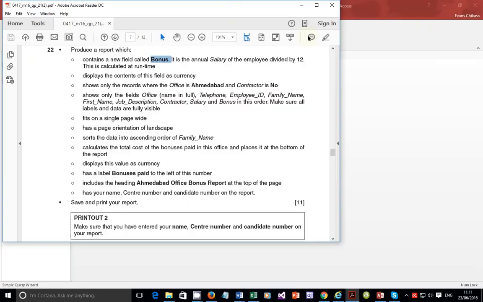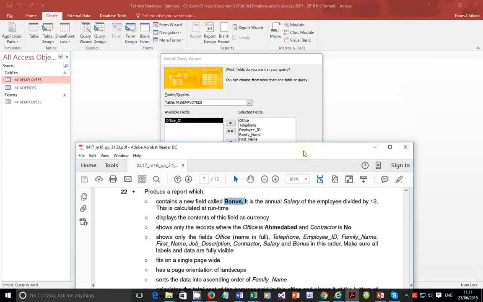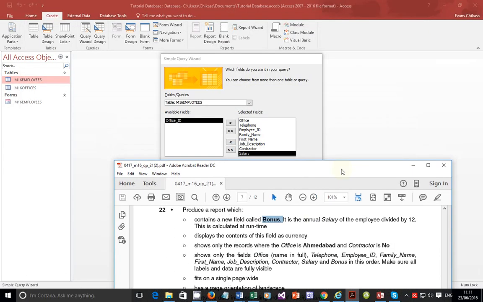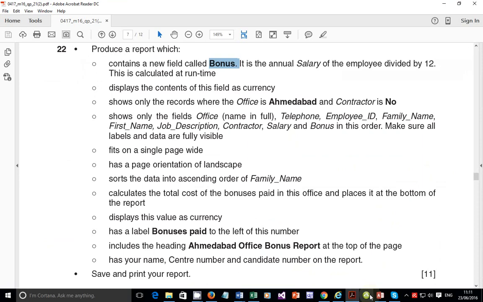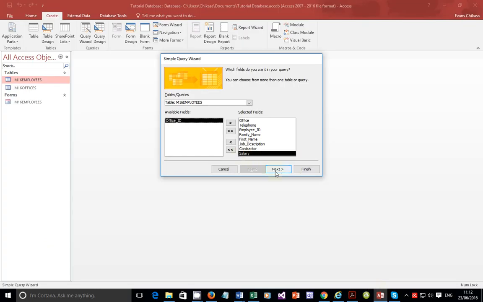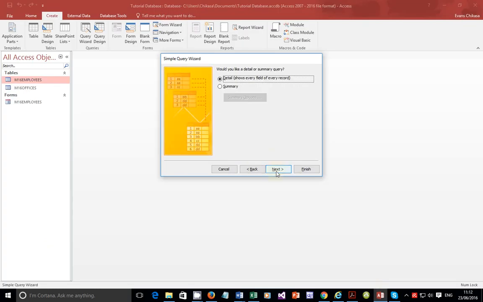So I'm just going to do this down here. Okay, so let's go comparing. We have office, then telephone, employee ID, family name, first name, job description, contractor, salary. Okay, these are the fields in that order. So perfect. Okay, so what you need to do now is go to next and go to next again and